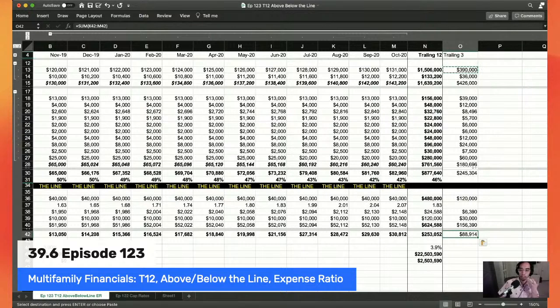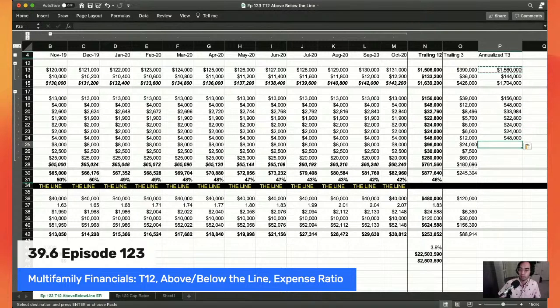Okay, so it's a little bit artificial, but if you're using a trailing three, you can look at those last 3 months and then you can annualize it. Okay, so an annualized T3 would be taking those numbers times 4. Okay, because you're taking 3 months times 4, and that gives you 12 months worth of numbers. Okay, and so you can use that to come up with a new value of your property. So I'm going to take 3.9%, just like it was before. Okay, and you can see that my annualized T3 is 1.7 million of income, and my annualized T3 of expenses is